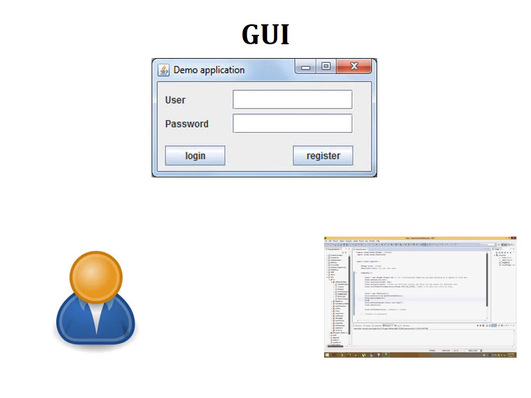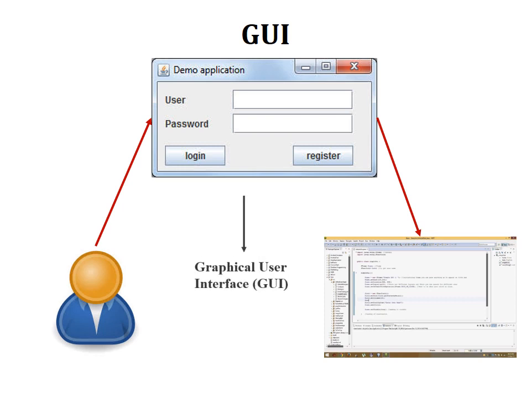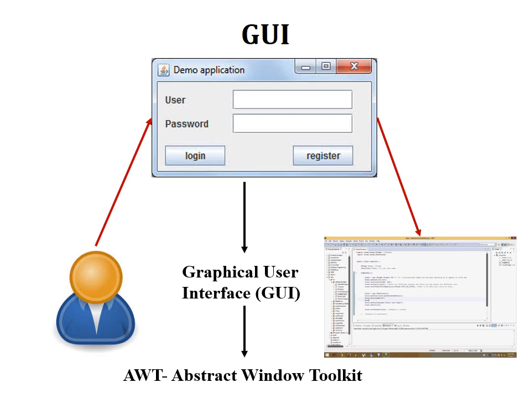So this GUI is used by the user for making a login to a system, and it is developed by a Java program that programmers write using programming concepts. This GUI application is known as a graphical user interface, and it is developed by using the Abstract Windowing Toolkit.